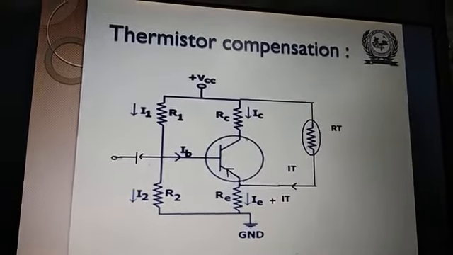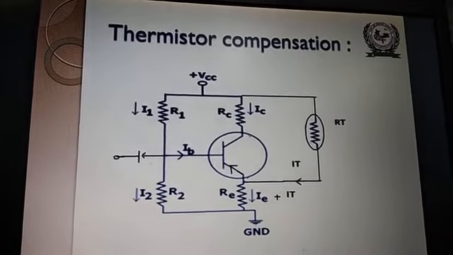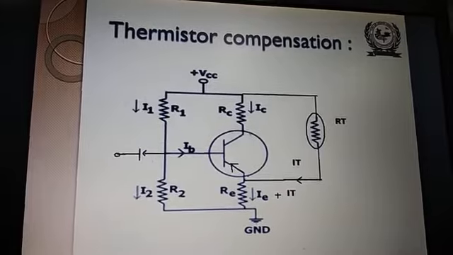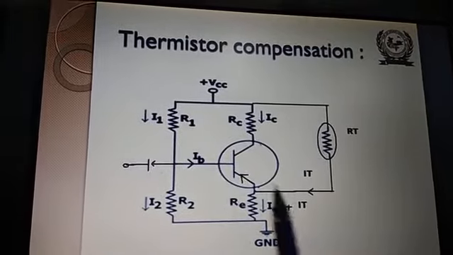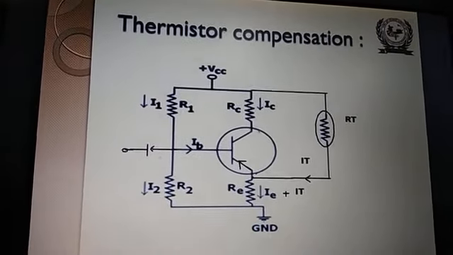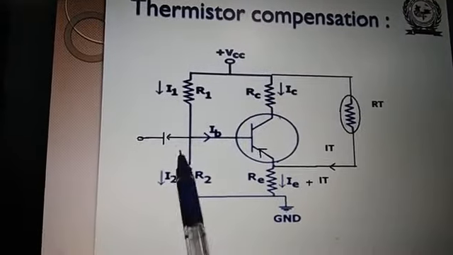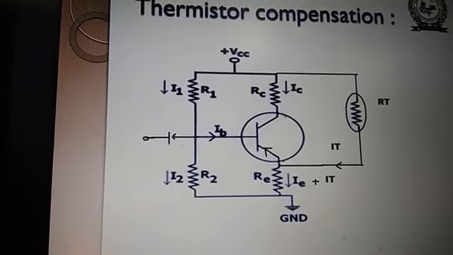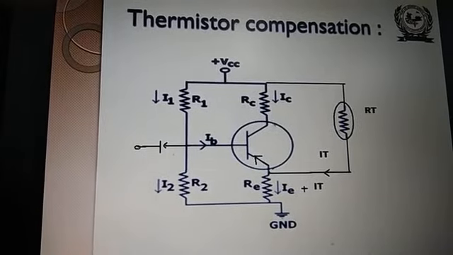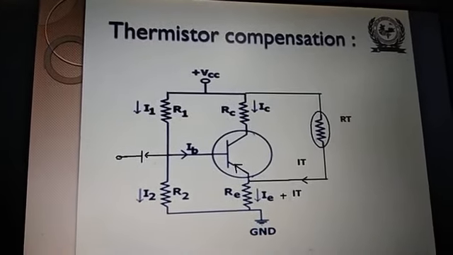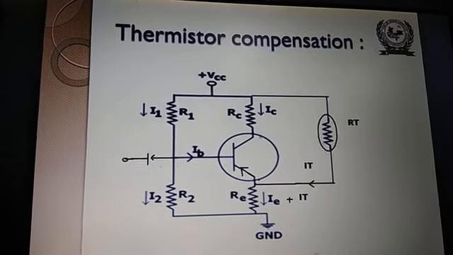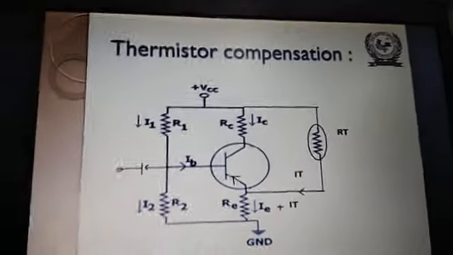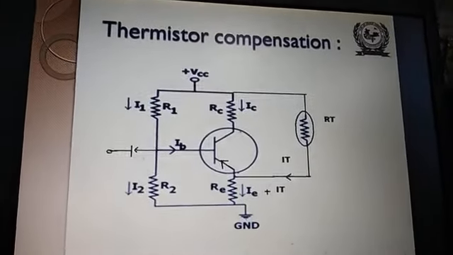And one more circuit you can use using sensistors also, where negative temperature coefficient can be considered. So in place of this RT, some other part, you can use the sensistor. You can use the diode in place of this R2 also. Or temperature dependent variation components can be used to avoid the thermal runaway. So dear friends, students, this is also important for your related topic. So you must know this and do the biasing circuit properly and temperature compensation.